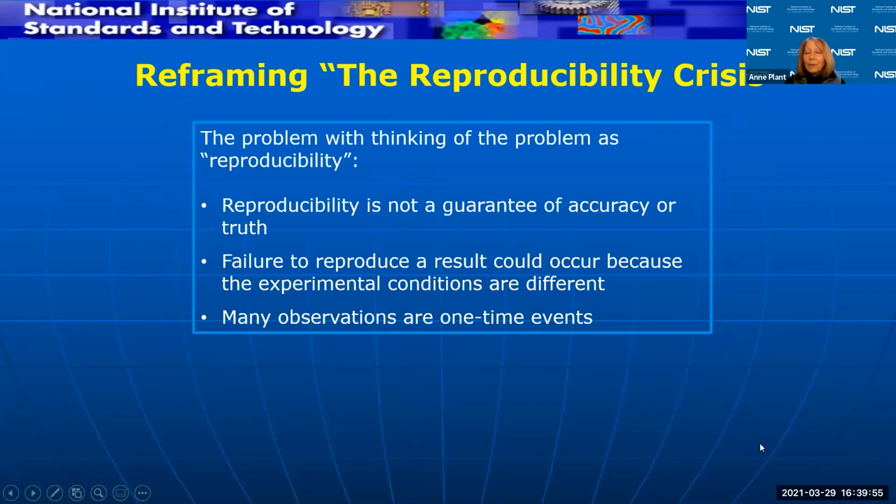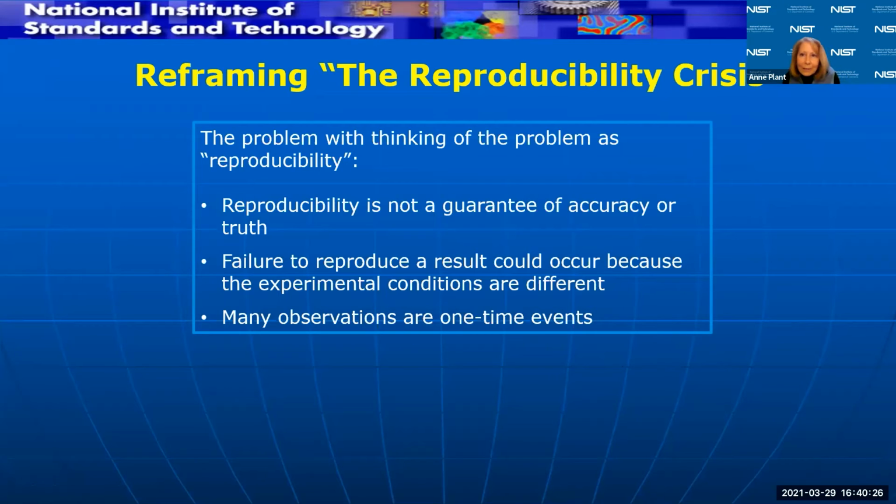And so, I've been hoping that more and more efforts would be made to reframe what has been called the reproducibility crisis, and get away from that idea of thinking that reproducibility is the be all and end all. Reproducibility is not a guarantee of accuracy or of truth. A failure to reproduce a study result may be because the experimental conditions are different, right?